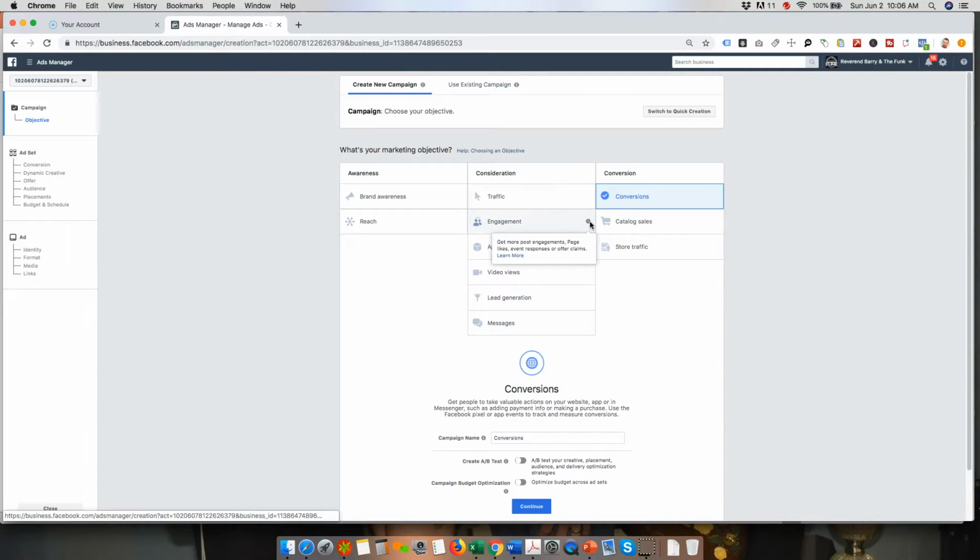Engagement. Now, this might be something you want to consider. Get more post engagements, page likes, event responses, or offer claims. So say you run the image ad to get more post engagements. In other words, you just want people to make comments, or you want people to share your post. What the algorithm's going to do, and if you don't have a call to action button in it to go off to your website like you would with the traffic campaign,